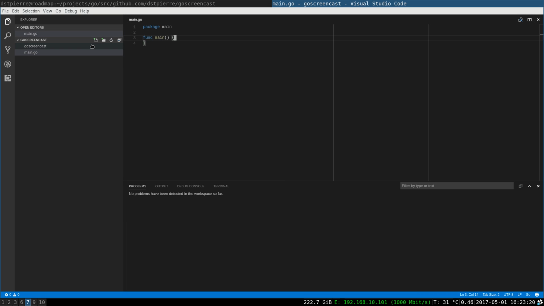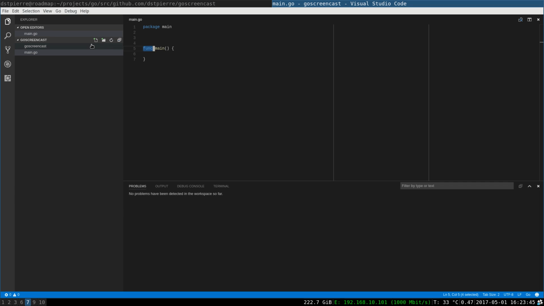What we want to do here is the traditional hello world. So we need to bring our first package. At this moment, this file does not have anything more than the basic Go keywords. We can see here we have the package and we have func.